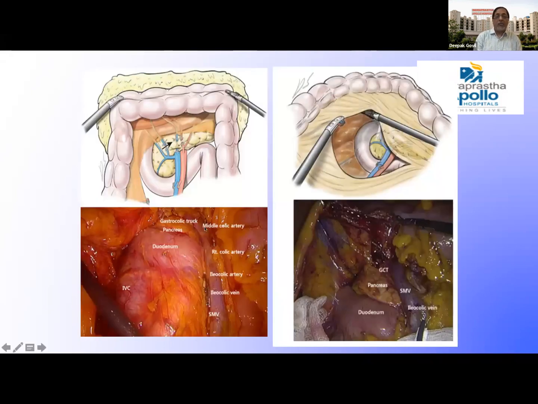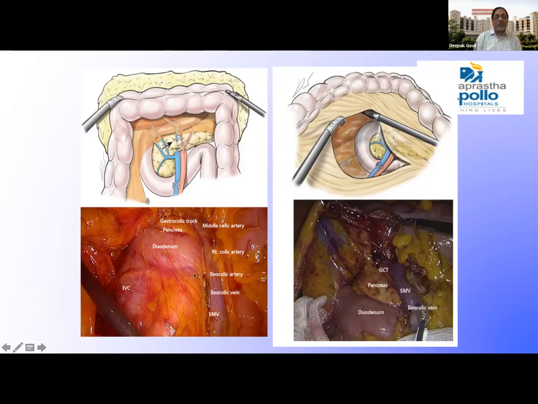This obviously has come in a big way, and you dissect right at the root of the mesentery and take all the vessels at this level. And usually a top-down approach is preferred, as you'll see shortly. And this is what you should be looking at, like after the resection, the specimen, the abdomen should be clearly